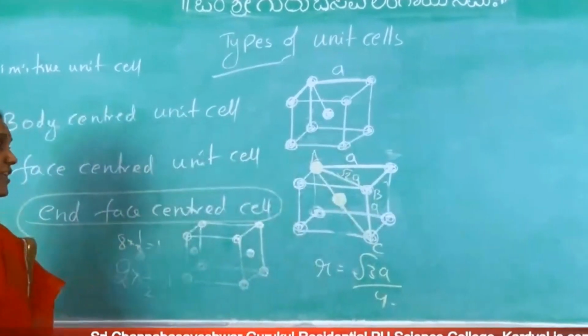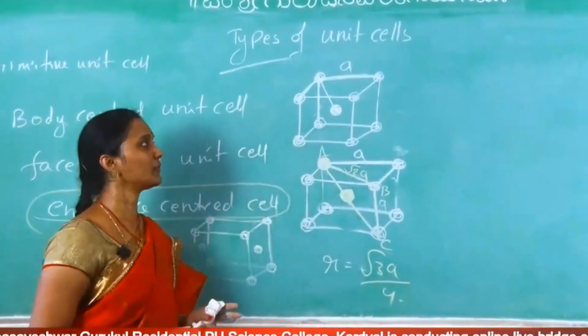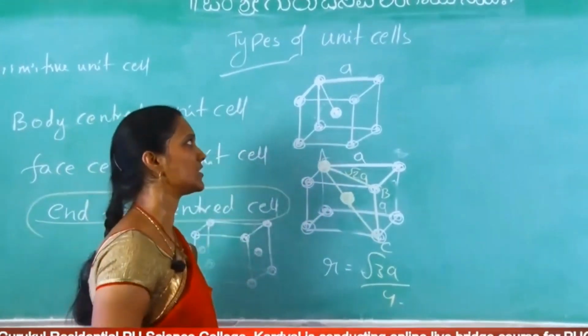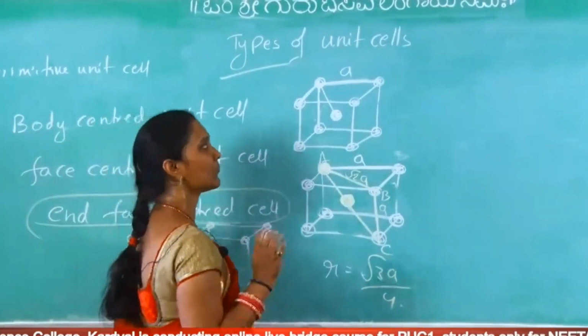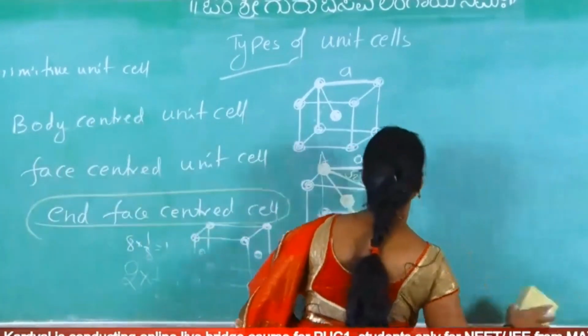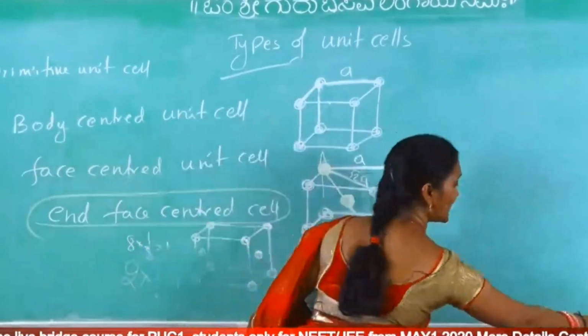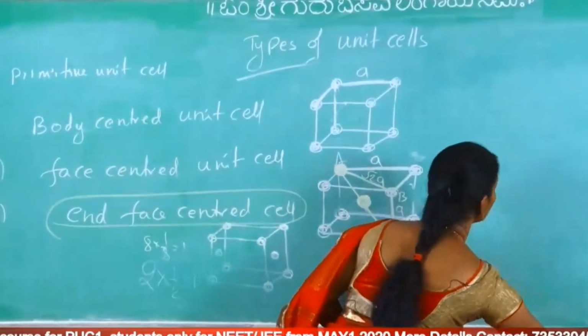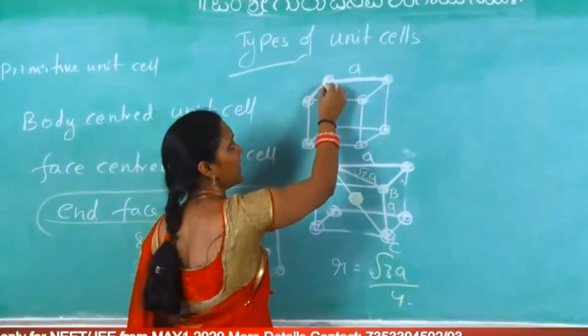Okay. For JEE students especially, next one. This is not in the NCERT textbook, no need to practice this, only for advanced students, JEE students. So, next nearest neighbors. Now, come to this primitive unit cell. Try to understand this and imagine primitive unit cell. This is the one particle.